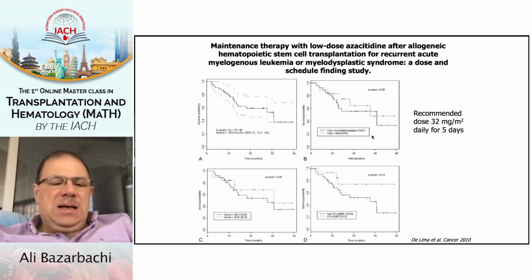So the first study that reported the results of hypomethylating agent was the phase 1 study by Marcos de Lima, published in Cancer in 2010. And this study showed that low dose of azacitidine, so this is 32 milligram per meter square daily for 5 days, and not the classical 75 per meter square daily for 7 days, and this low dose maintenance therapy with low dose azacitidine after allotransplant resulted in very good